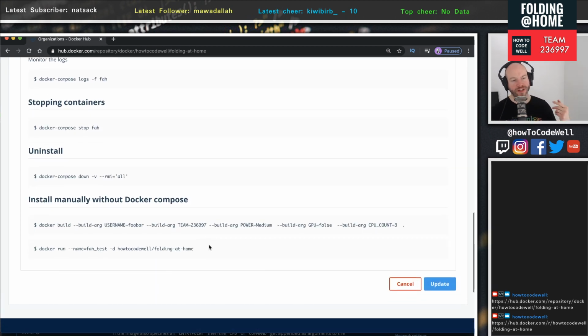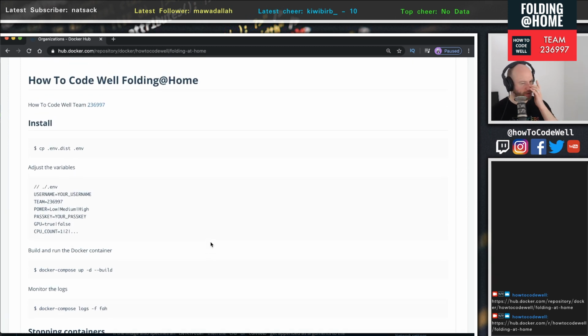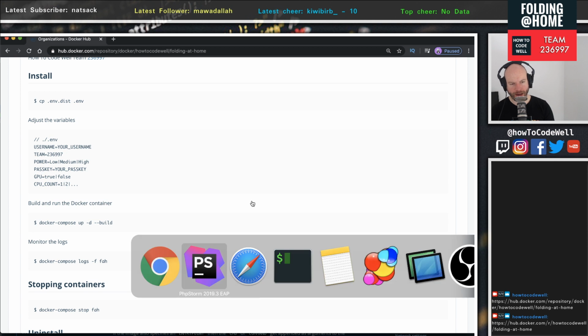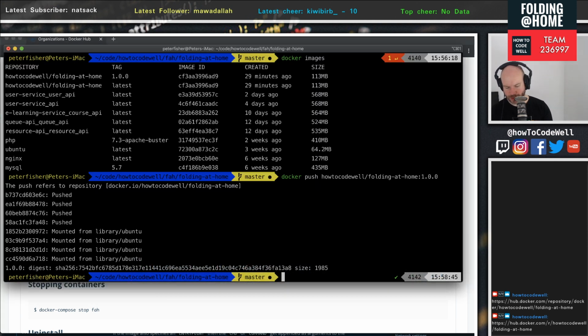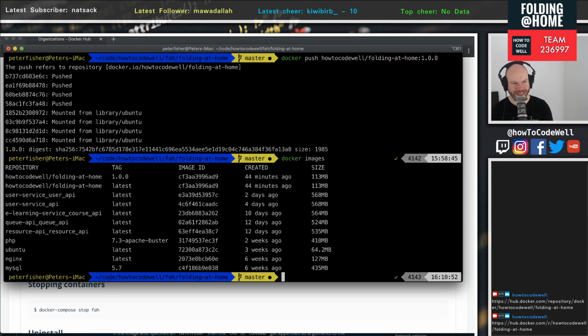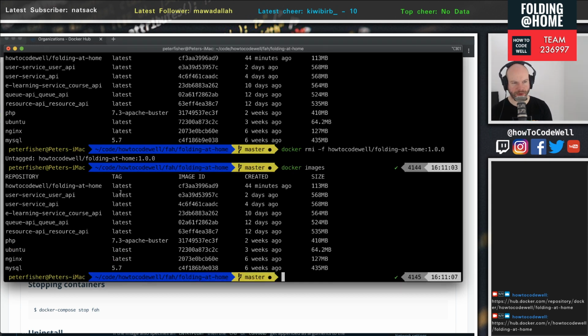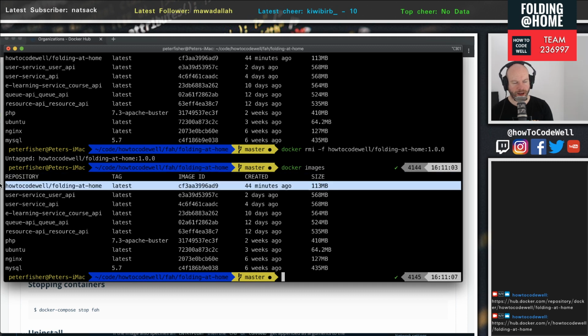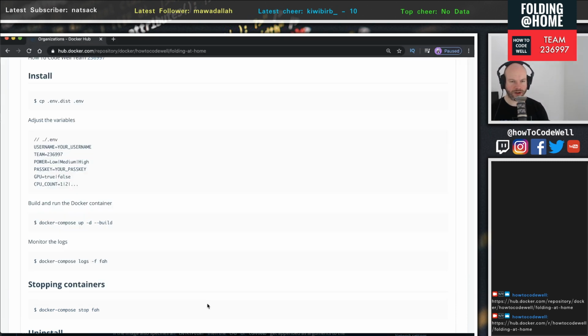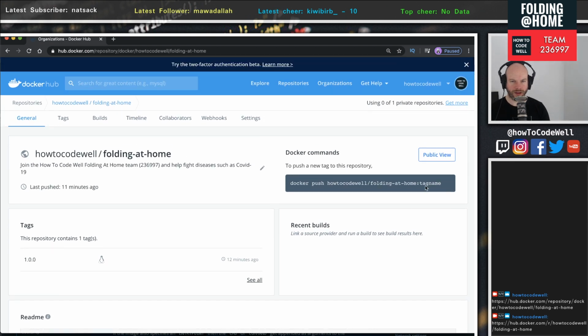Now, of course, because I've pushed it up to the hub, it's slightly different here. In fact, what I could do just to test this out is I could do docker images. I can delete the Docker image, so I can do docker rmi -f of this tagged 0.0. So I can remove that image, so it's untagged. If I did docker images again, we just have the latest build, which is fine. What I can do is I can now do a docker pull